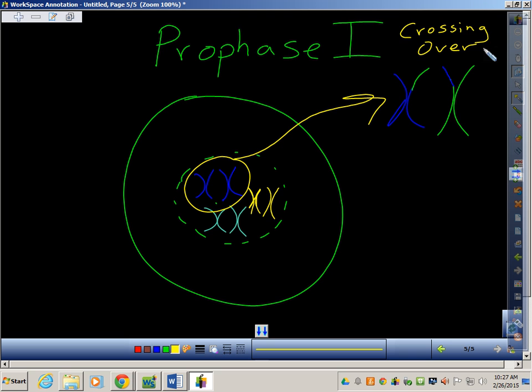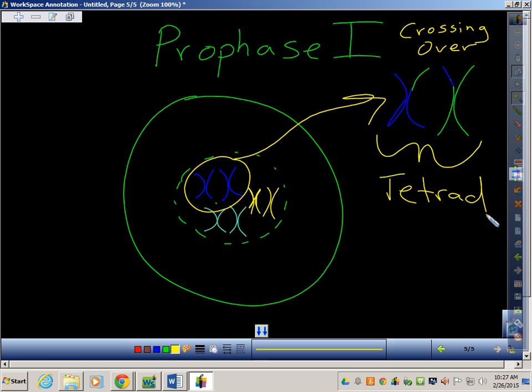Females, you'll never have made the same egg. You only make like 400 to 800,000, and you have them your whole life. But none of them are the same. This is why you will never have the same person unless you're from the same egg and the same sperm. It's called an identical twin. That's different. So every time they line up in this structure right here called a tetrad,